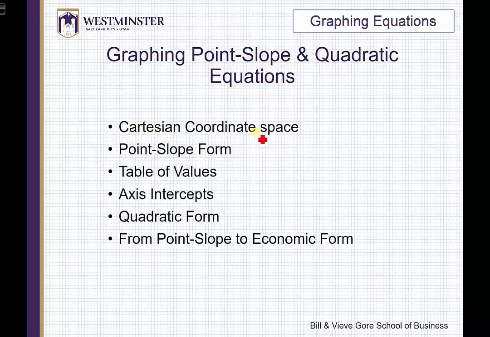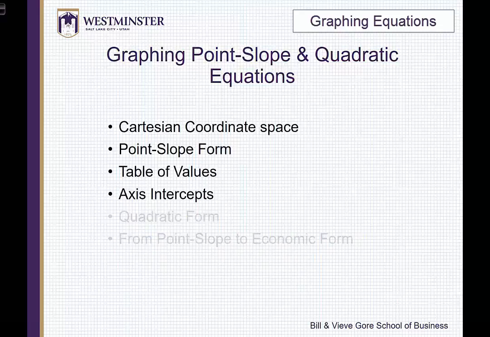First we'll look at Cartesian coordinate space and the point slope form and a table of values and the axis intercepts. The second video we'll take a look at the quadratic form, and finally the third video we'll consider going from a point slope form to the economic form. So let's first go ahead and take a look at these first 4 items, and we'll start with the Cartesian